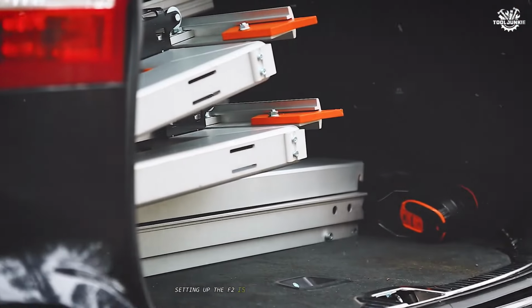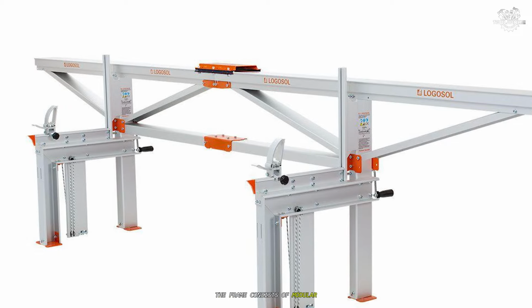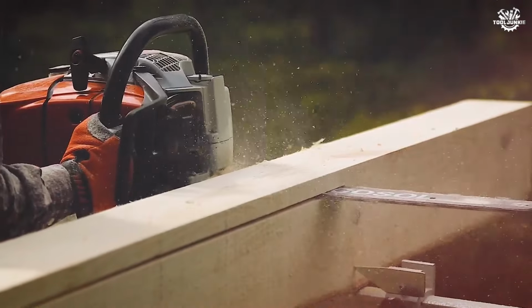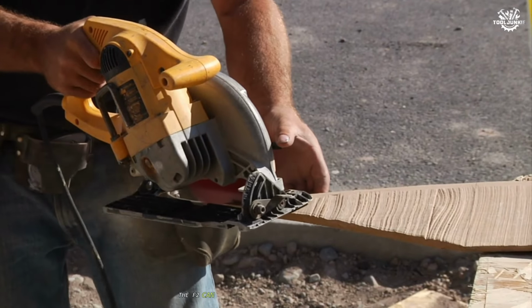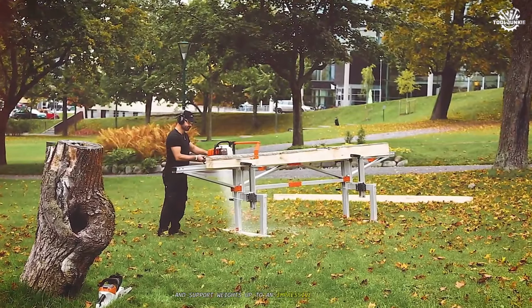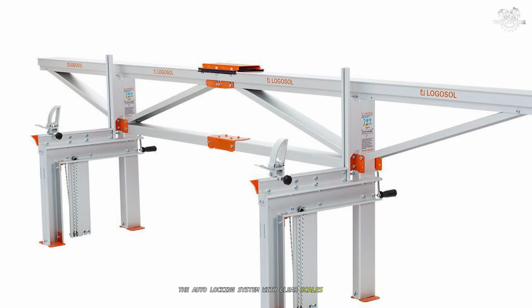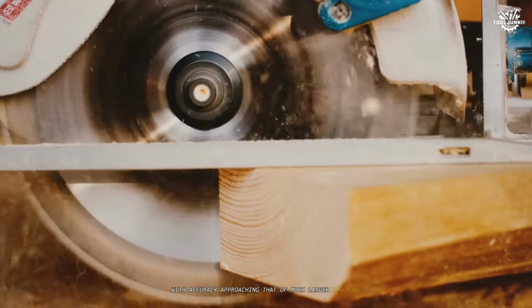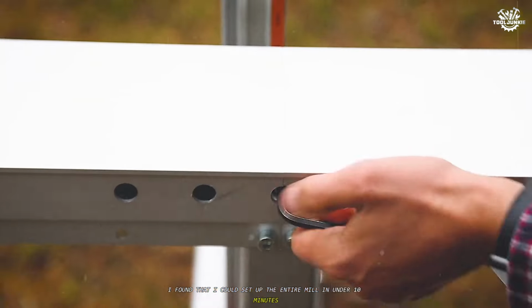Setting up the F2 is a revelation compared to other mills I've tested. The frame consists of modular 3.25-inch sections that can be easily transported in a standard car and assembled in minutes. Despite its portable nature, the F2 can handle logs up to 20 inches in diameter and support weights up to an impressive 2,200 pounds. The auto-locking system with clear scales ensures precise, repeatable cuts with accuracy approaching that of much larger bandsaw mills. I found that I could set up the entire mill in under 10 minutes, even when working